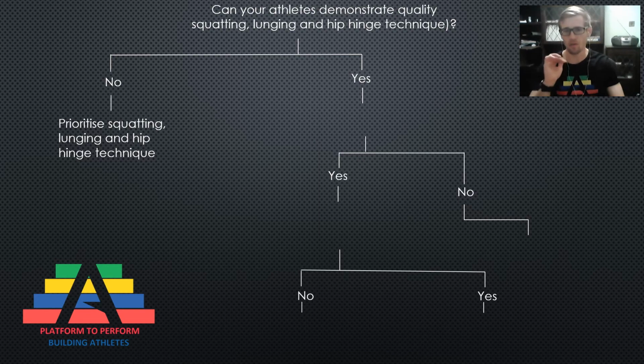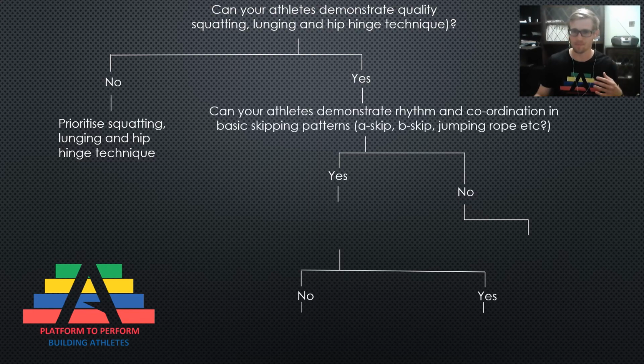This is also great because it's more global coordination, and when we start getting into refined stuff with a bit of rhythm, so A skips, B skips, it's going to make that a darn sight easier. Also, the mobility and stability needed in these patterns is going to develop mobility and stability in the areas that matter when we speed things up. So if they can demonstrate effective squatting, hip bending and lunging patterns, then we're going to see if we can add a little bit of rhythm to it, so a little bit of speed. So basic skipping patterns, getting the left side of the body and the right side of the body to work independently, A skips, B skips and jumping rope with that metronome, as I've already mentioned.